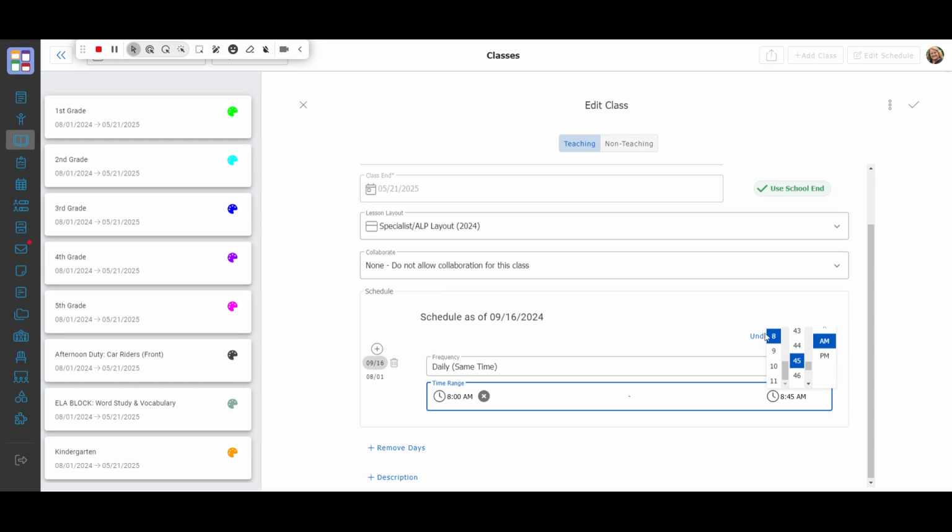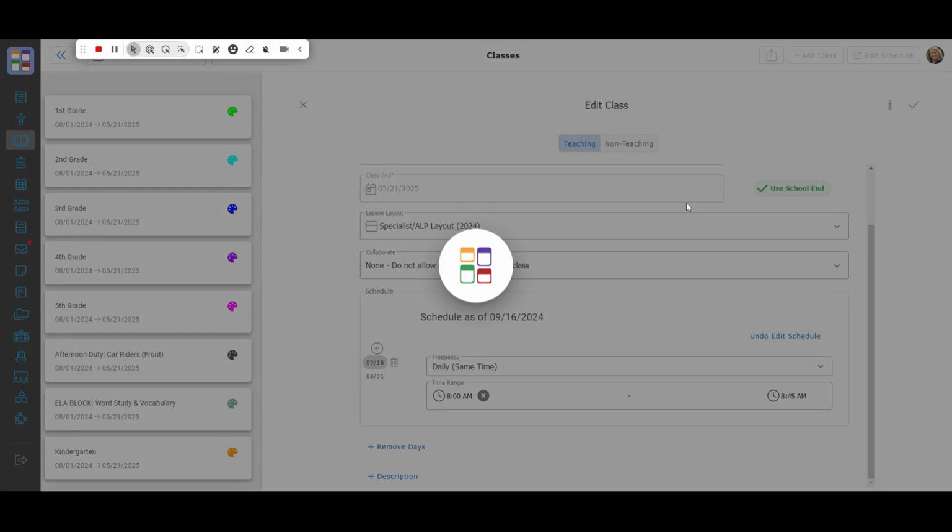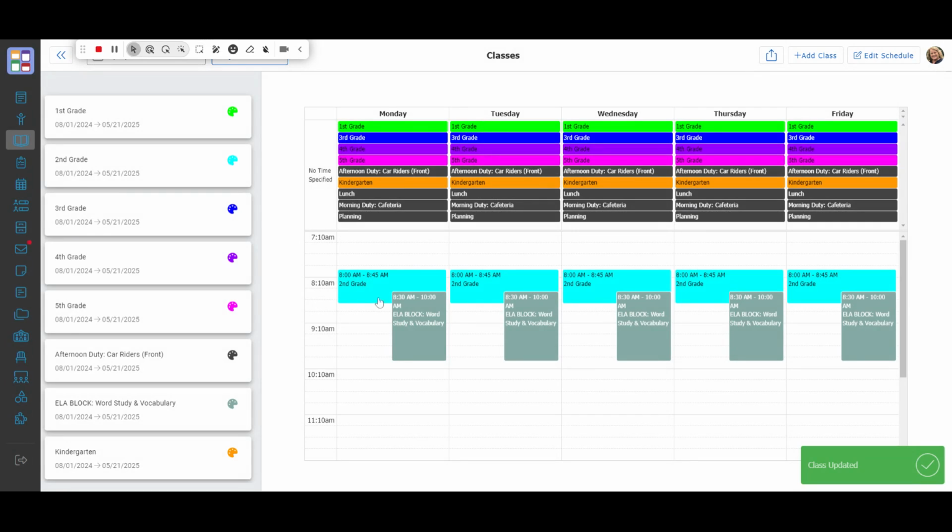All right, make sure the AM or PM is selected. All right, and notice I just clicked off of that to get that to go away. So now you click on the check and you will see that now second grade shows up on my schedule